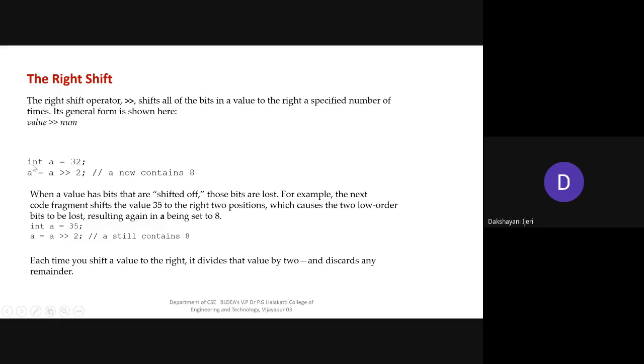Okay, for example, you can see here a is an integer variable which has been assigned the value 32. In the next expression you can see a has been right shifted by 2, that is, 2 bits need to be shifted with a right shift. The result has been given directly here as a now contains the value 8. Okay, so how is it done here? We'll see how it is done.